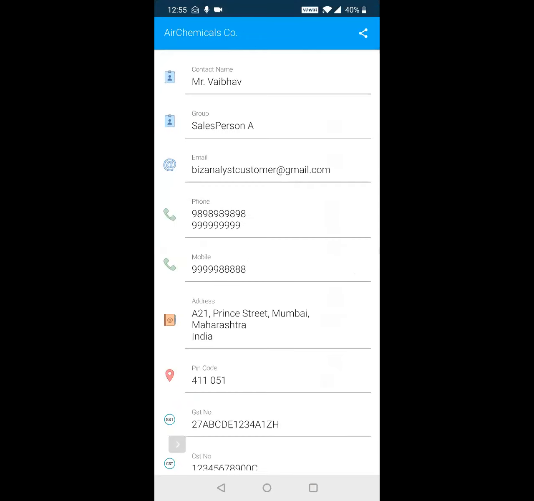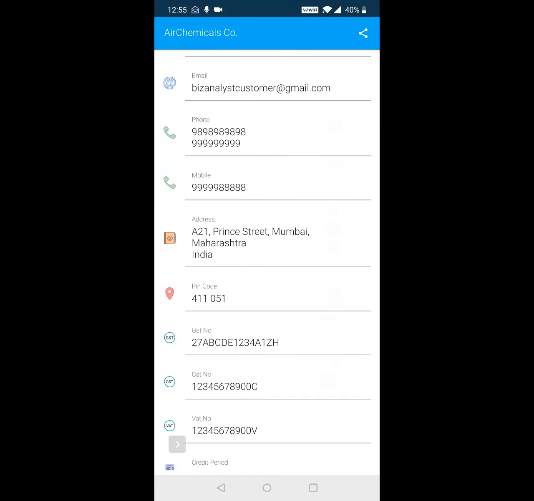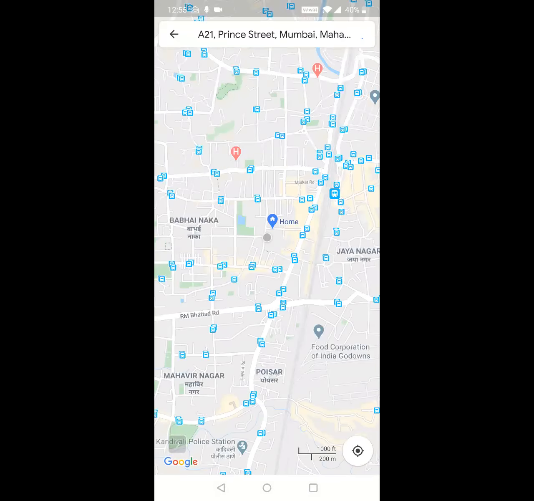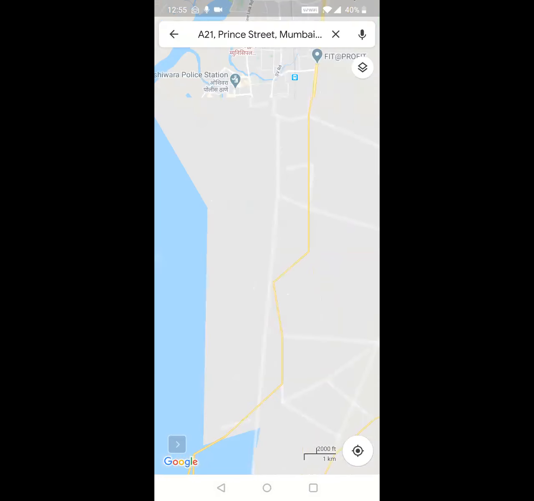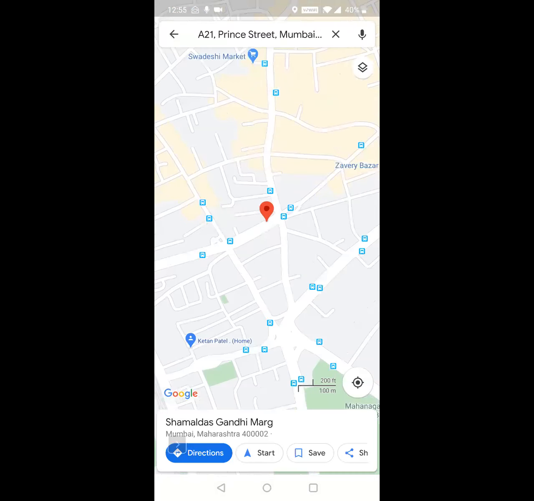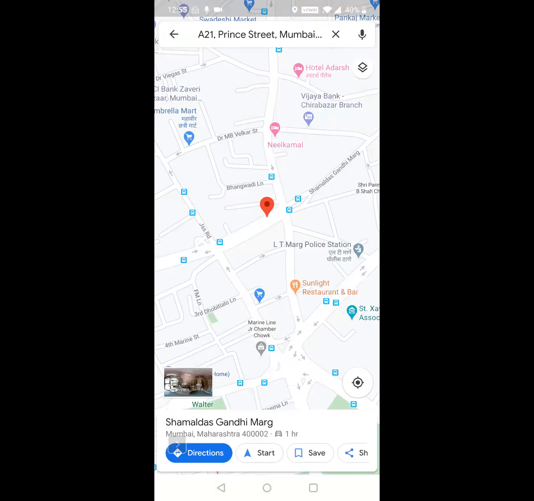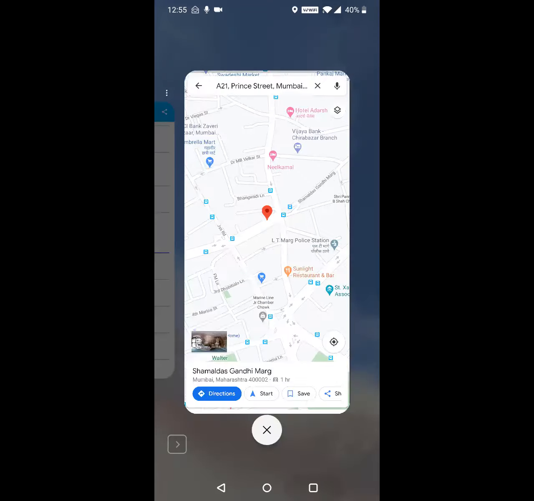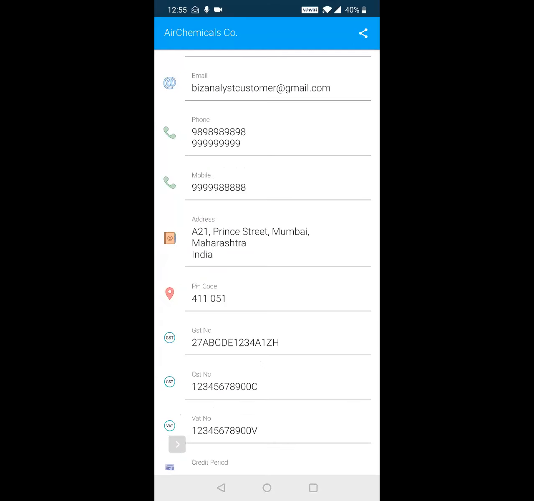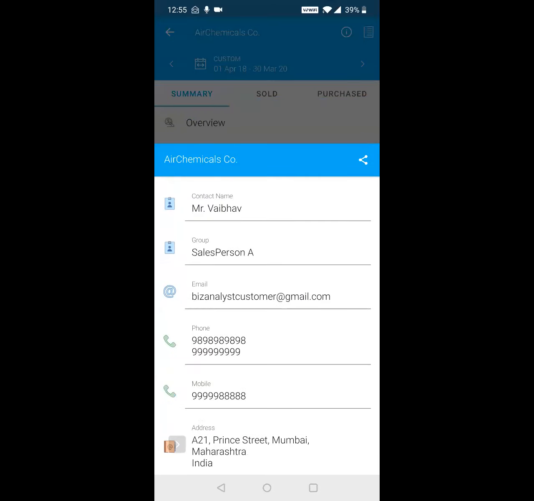If I want to find the address of this customer, I just have to click on the address and it will open up the address in Google Maps. Okay, so these are small things that help to simplify. We have given the updates here.